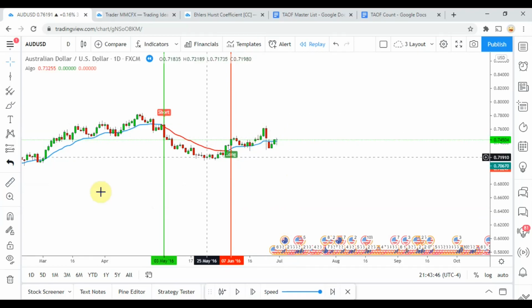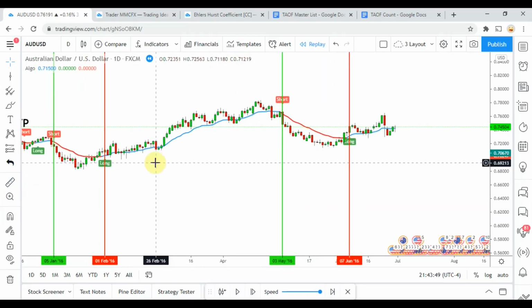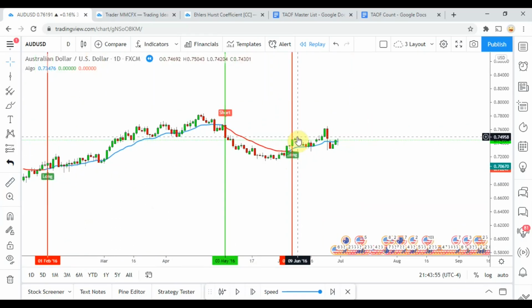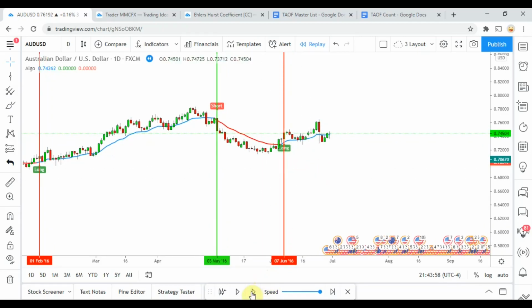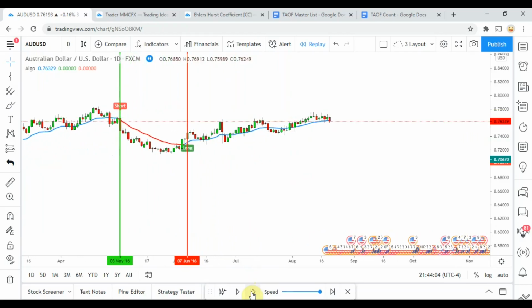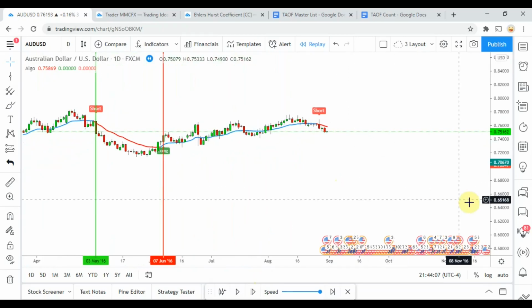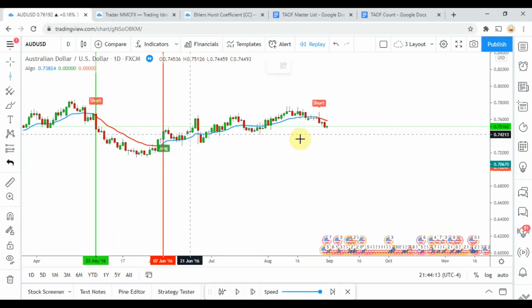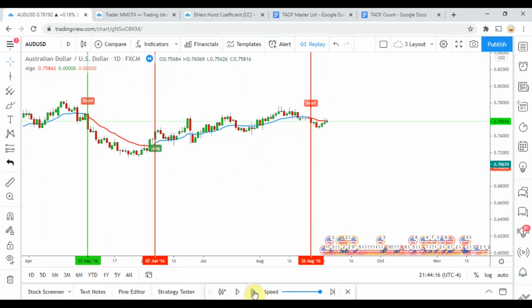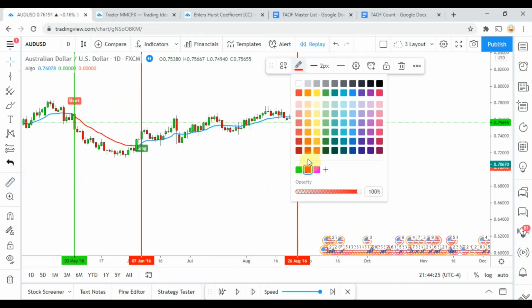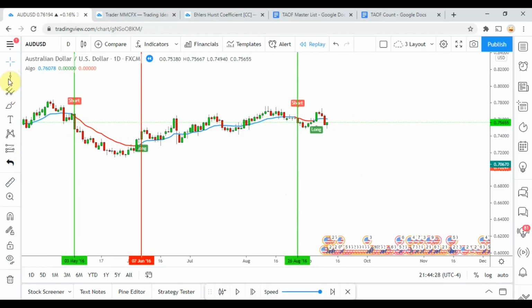So the signals technically on both these were still relatively valid signals. It's just that they happened to encounter a pullback really shortly after getting the signal that unfortunately stopped it out just by 30 or 40 pips, and then it continued off in the direction we wanted it to go in. And so that says a lot about the indicator. There is a short signal right there. Looks like we were able to squeeze 60 pips. Yep. We were able to get the 60 pips out of it there.